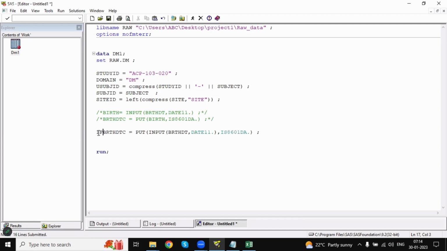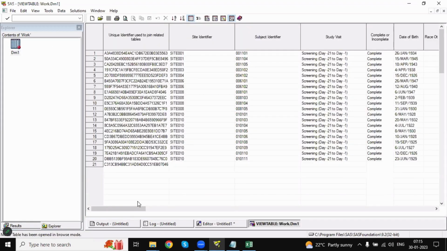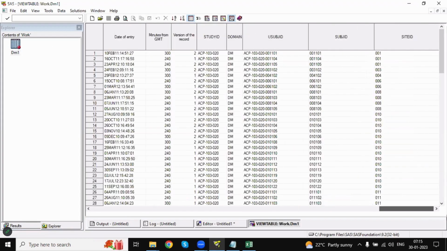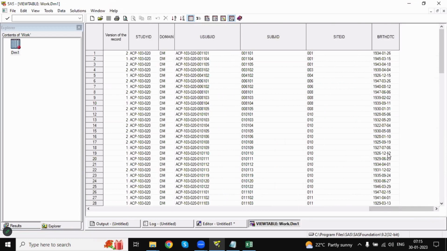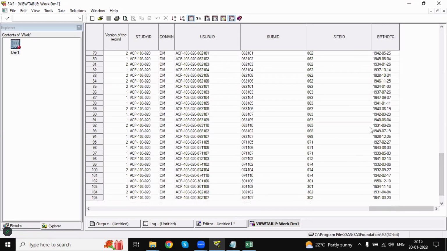Okay, you have to write a logic. If BRTH DT not equal to null, then only derive, or else not. Actually, you have all the dates. For example, if any subject's date is missing, there you need not apply this input and put function. You will get unnecessary dots and